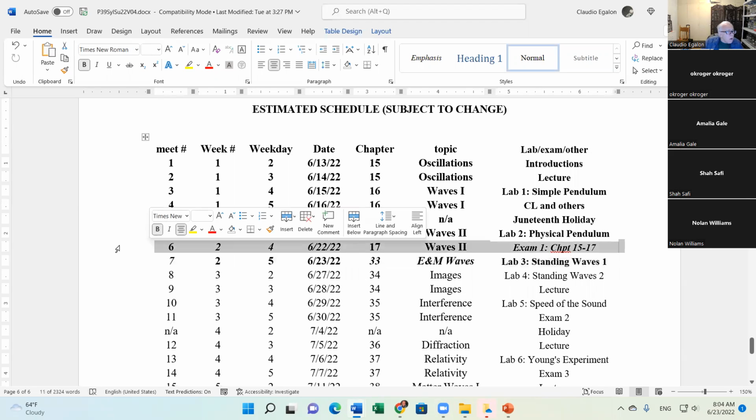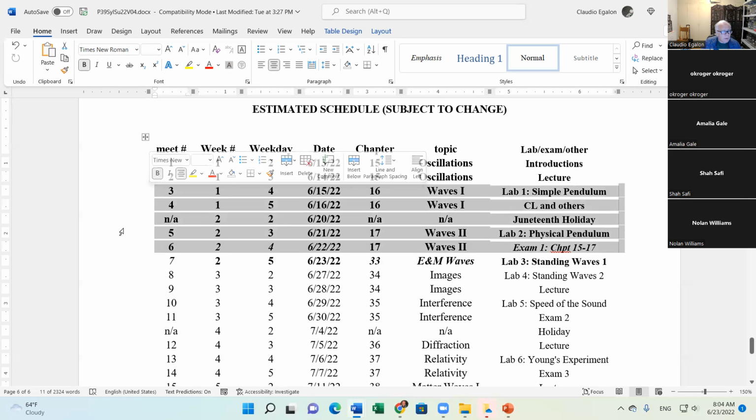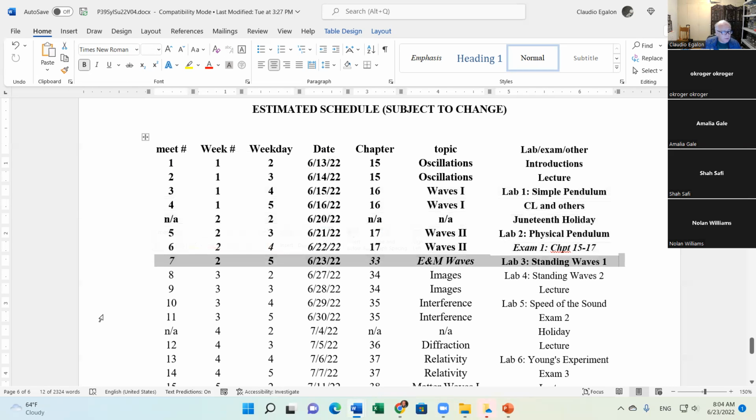Waves 2, and whatever concept we used in waves 1 and 2, we're going to use also here in this chapter on electromagnetic waves, chapter 33 in the book. And we're going to be using Maxwell's equations here to get the electromagnetic wave, to explain the phenomenon of electromagnetic wave.